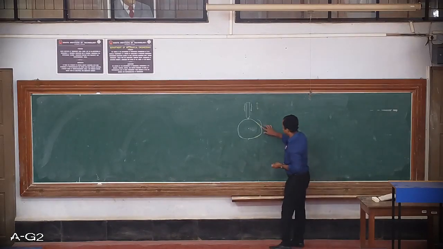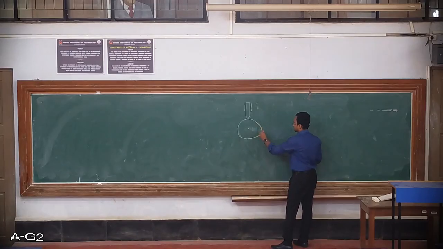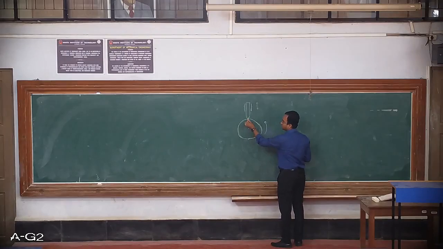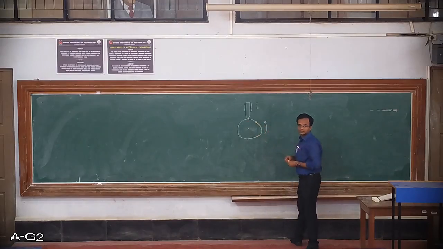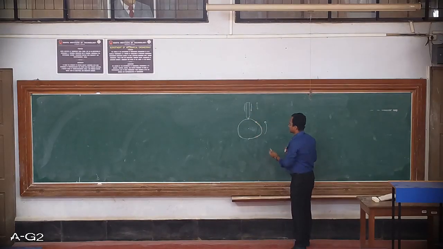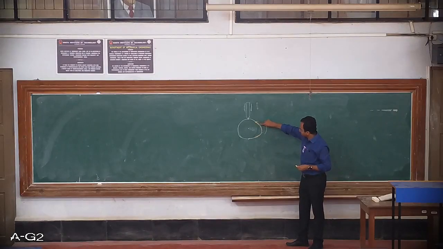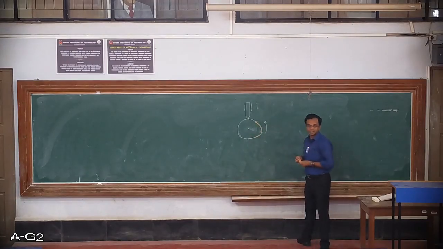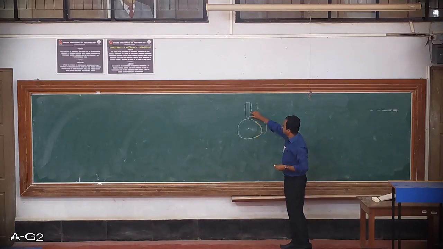So let me assume that this disc is rotating in anti-clockwise direction. From this point till over here, the radius is constant. There won't be any displacement in the follower. From this point up till this peak point, you can see the radius is continuously increasing, so the follower will start moving in the upward direction.